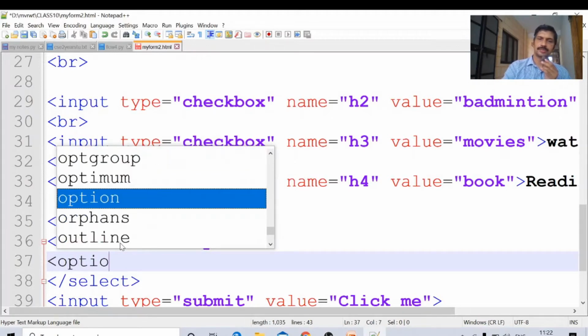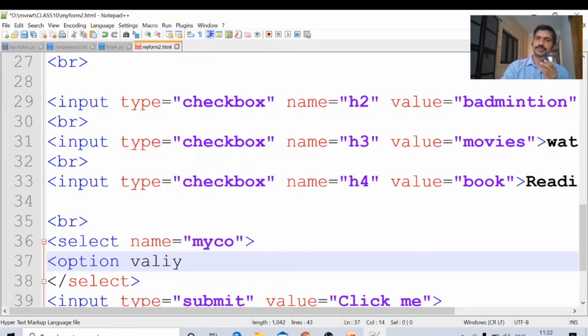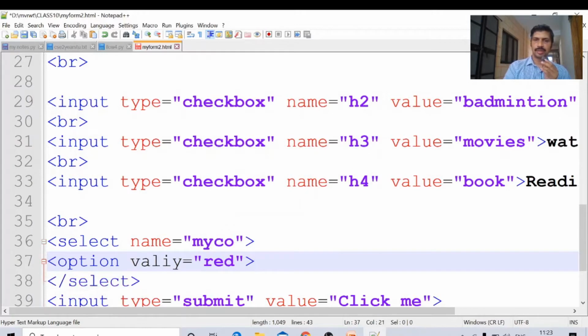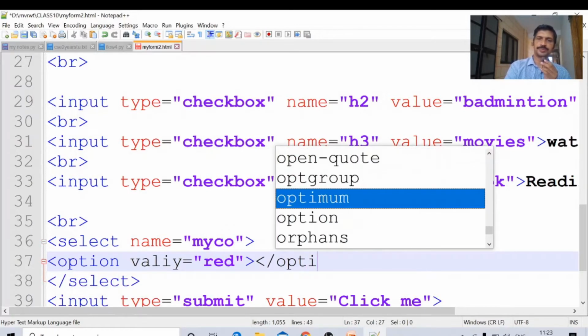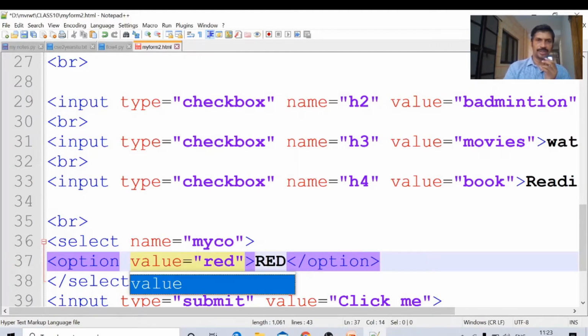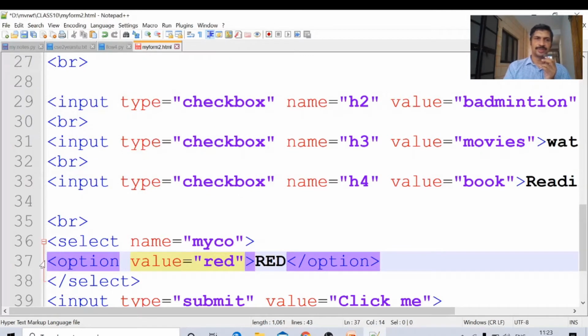Option, value equal to red, slash option. Here I will write red color. Like that, value equal to, like this. First option I will write four options: red, green, blue, yellow.